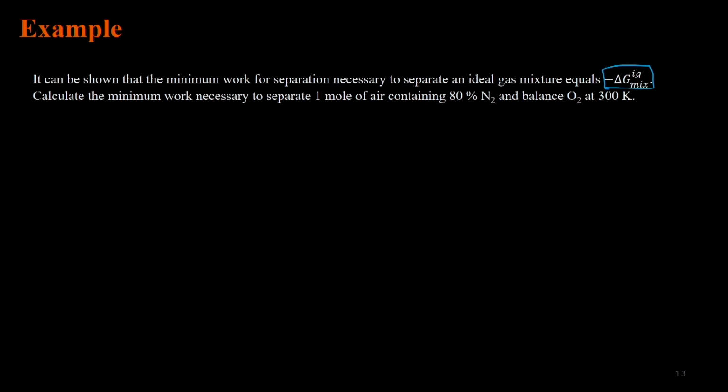Of course, we can assume that in this particular scenario, we're talking about ideal gas mixtures. So the minimum work required, W minimum, is negative delta G mixing of an ideal gas. And we're given that y1 is 0.8, y2 for oxygen is 0.2, and the temperature is 300